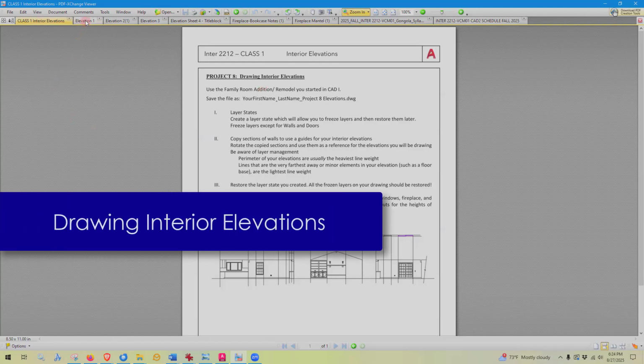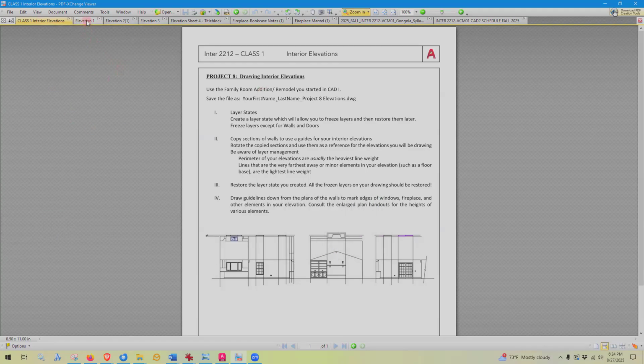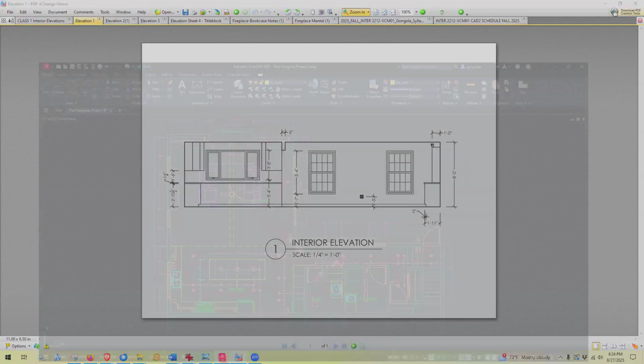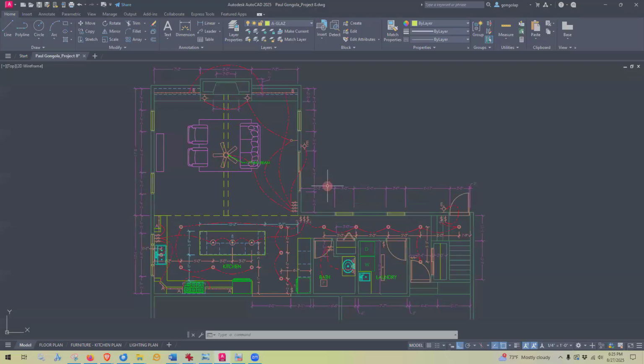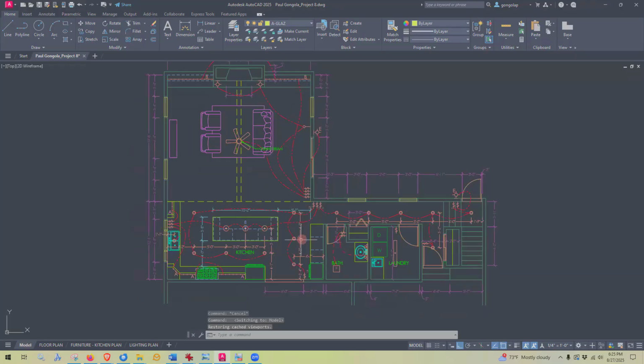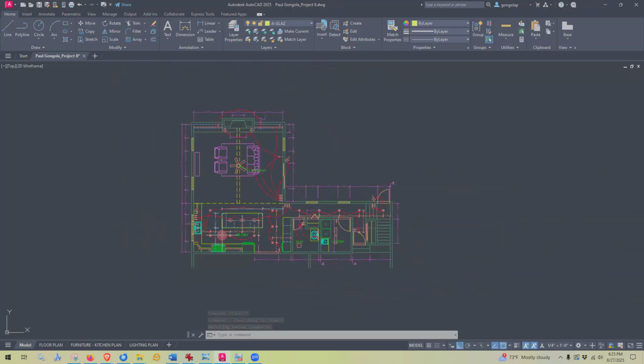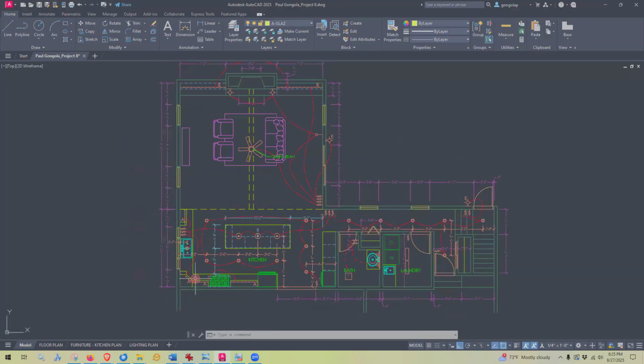We're going to be drawing interior elevations. So the elevations we're going to be looking at are in, let me go to, I'm going to open up. Here's my AutoCAD. This is my project 8. We've got the kitchen here, and we're going to focus on interior elevations for now. So we're going to be doing this elevation, this wall,